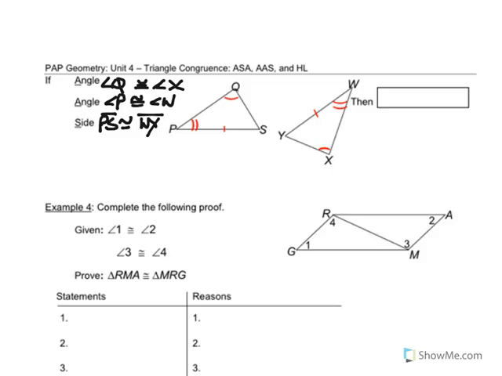We've got an angle, we've got an angle, and we've got a side. So we can say triangle